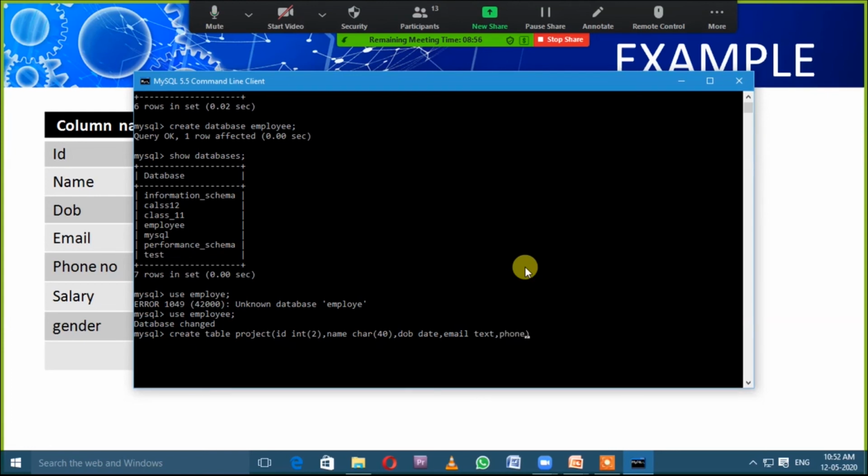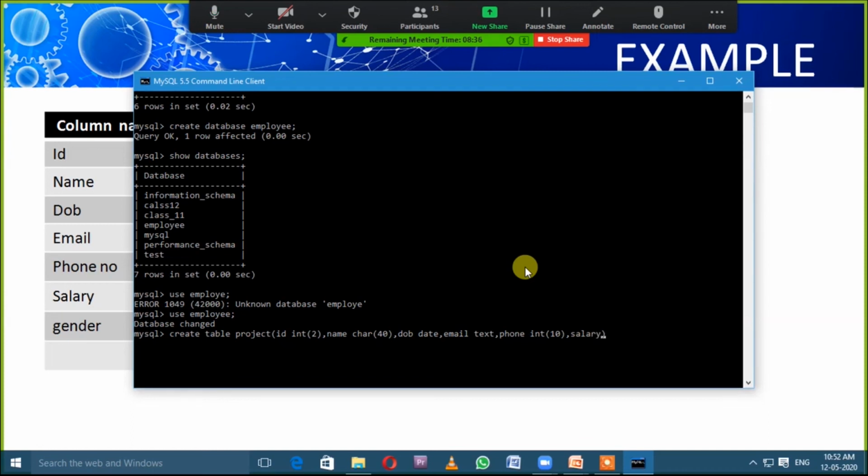Then phone, space, int. The int will display an error with phone when we enter the data, but we will discuss it later. Now the size of phone is 10.